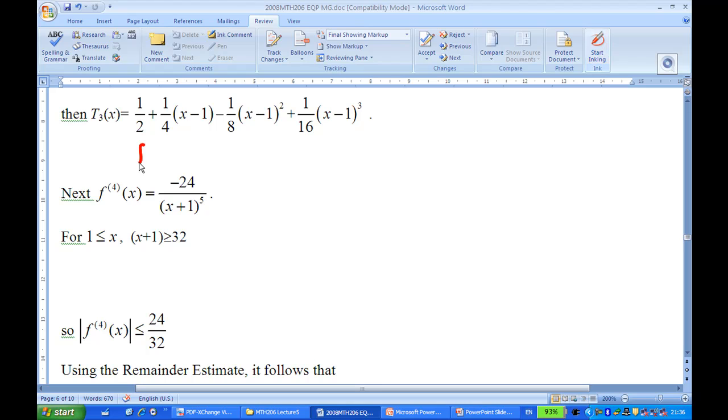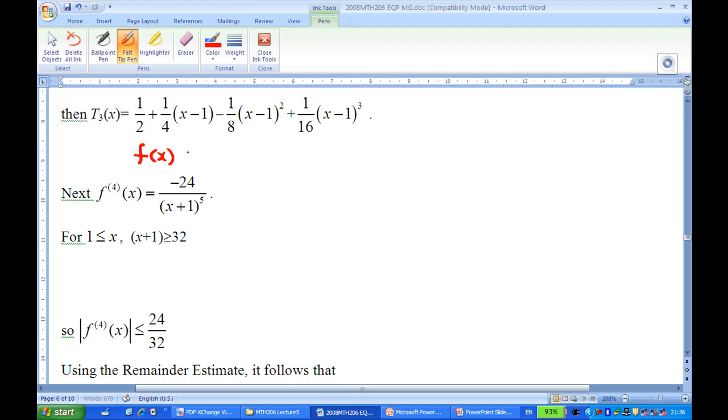We know that f(x) is equal to T3(x) plus R3(x). In order to get R3(x), you must get the fourth derivative. So we know that the third derivative, in the earlier calculation,